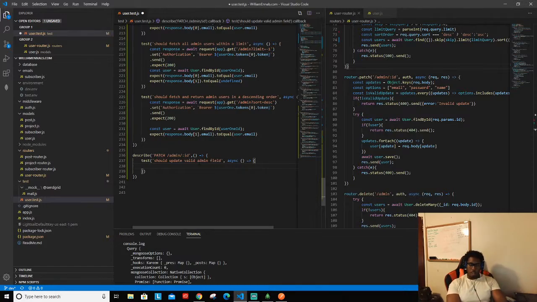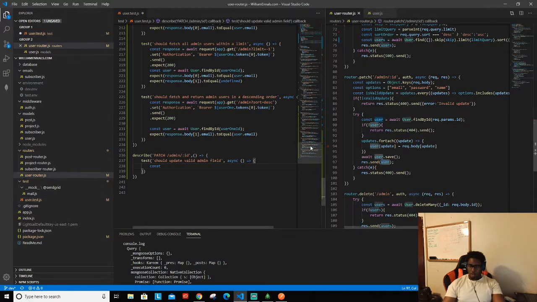So we're going to take this now and do our response as before. We're going to say const, and do we need to use our response? I believe we do, because we're going to check this user to make sure that it's actually been changed at the end. So we're going to say const response equals request, and then we're going to put in an, oh,